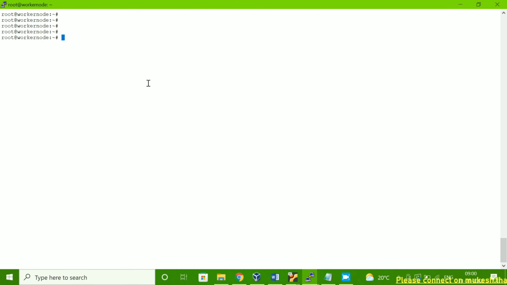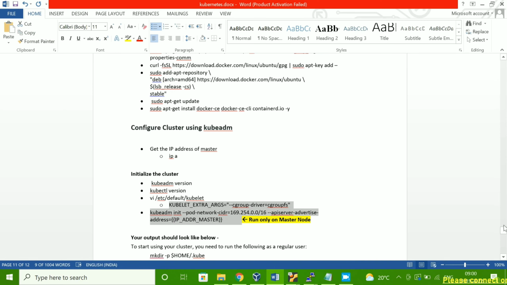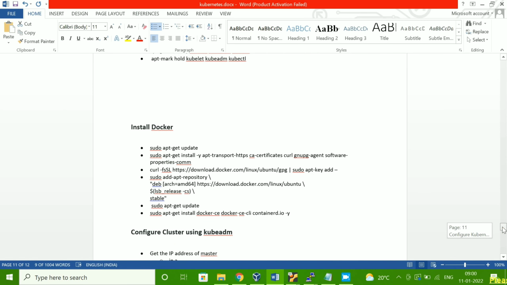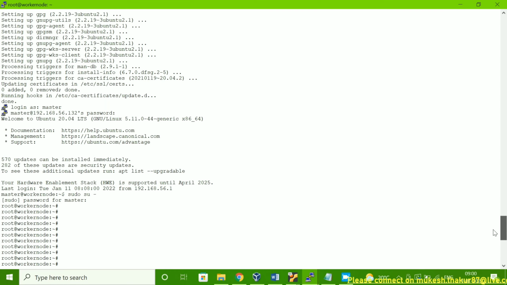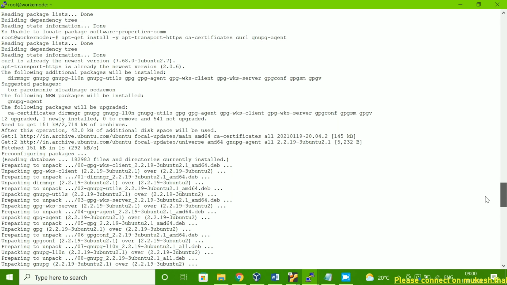Fine. Now what do I have to do? Okay, so let me check till where I ran the command. I ran apt-get install apt-transport-https ca-certificates.